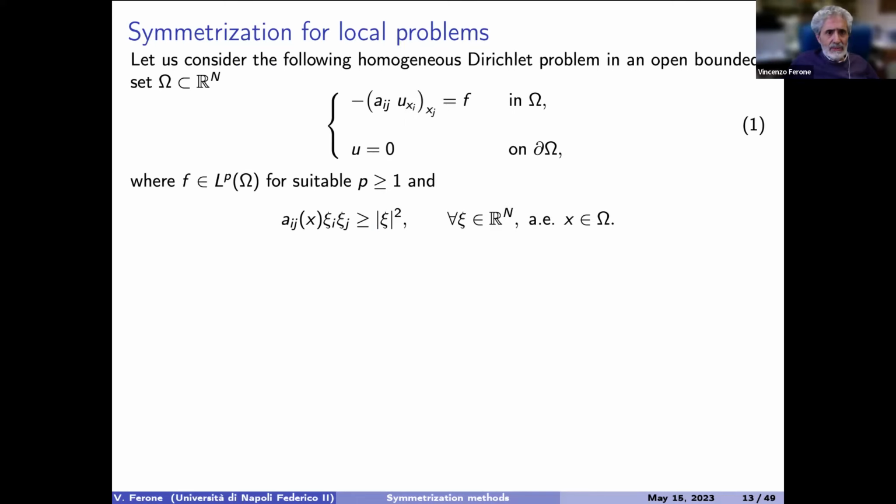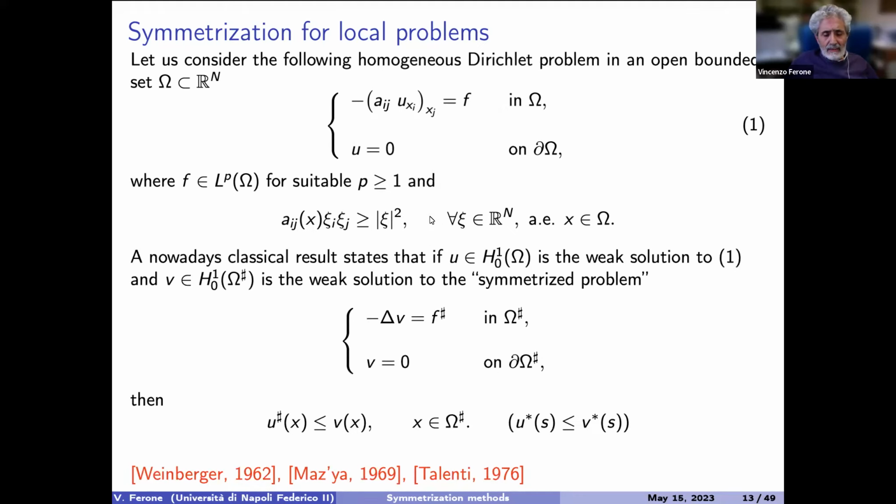And I start with a very classical problem, the homogeneous Dirichlet problem for this elliptic equation, where a_ij satisfies an elliptic condition. And a classic result, which maybe is classical in some sense now, is that the solution to the first problem can be estimated in terms of the solution to the second problem, which is the symmetrized one, where